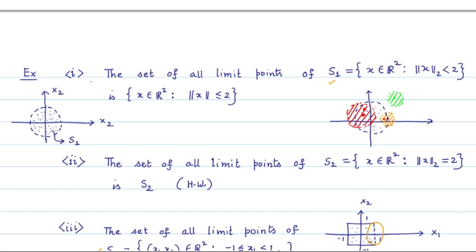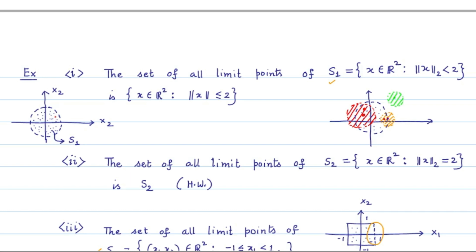In the definition of interior point, we observe that in order to become an interior point of a set S, the concerned point must be an element of the set. So to identify interior points of the set S1, let us now pick any element of the set S1. Let's suppose an element over here that may be very close to the periphery. Whatsoever close this point is to the periphery, as long as this point is inside the set S1, then we